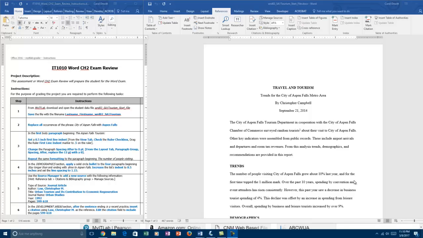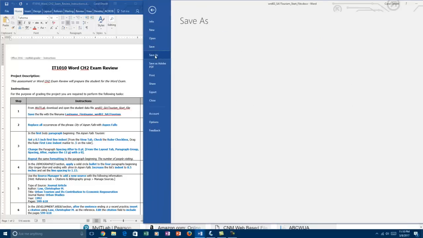For the Word Chapter 2 exam review, I've downloaded two files, the instruction file on my left on the screen and the start file on the right. Following the instructions, I'm going to save my start file and name it as the instructions tell me. So I'm going to click File, Save As,